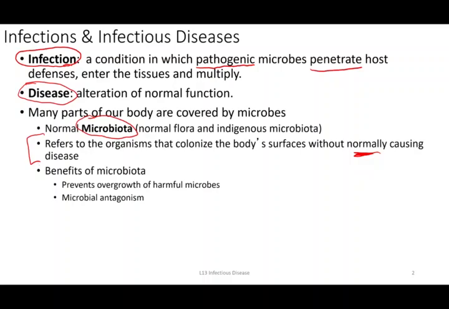And so these microbiome members play an important role. So they basically are taking up space so that other microbes, especially those harmful ones, can't actually get a foothold and establish themselves there. So even if they do successfully invade, they may not be able to grow very robustly because of all of these other microbes that are present that are kind of taking up space. And so that's this microbial antagonism that we're talking about. So it's kind of competition for space within our body.